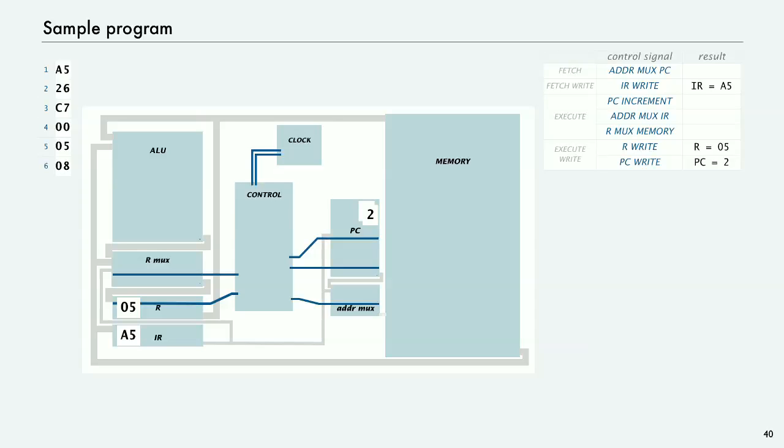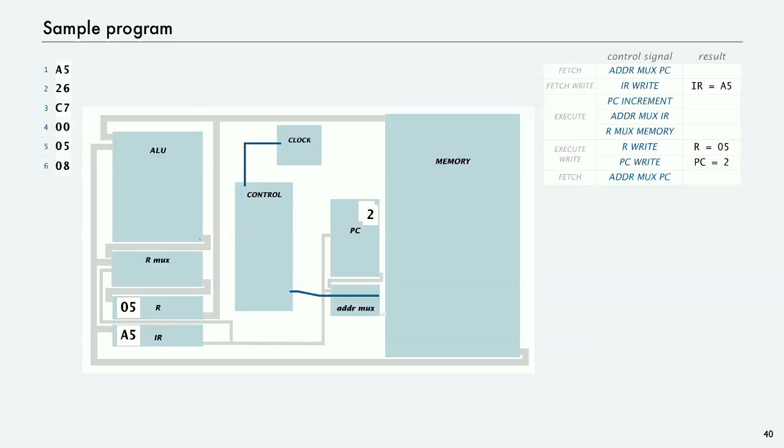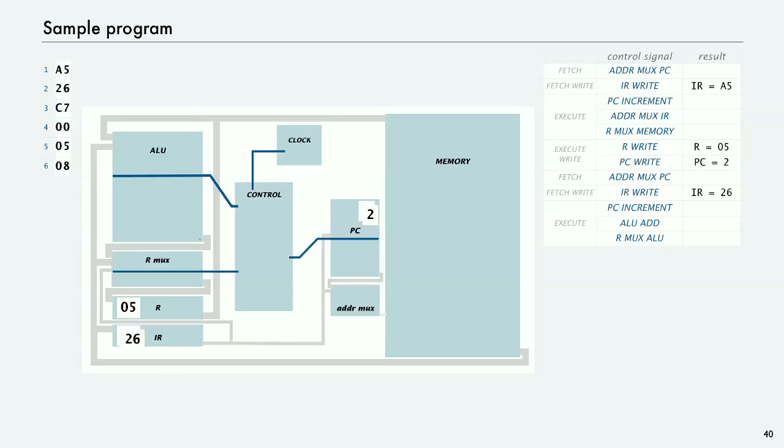Now, same thing is going to happen. We're going to load our next instruction, which is the add instruction for memory location 6. So now that's in the instruction register. So now when the execute signal comes from the clock, we always go fetch, fetch write, execute, execute write. So when the execute signal comes, we want to set up for the add. So how do we set up for the add instruction? Again, we want to increment the PC